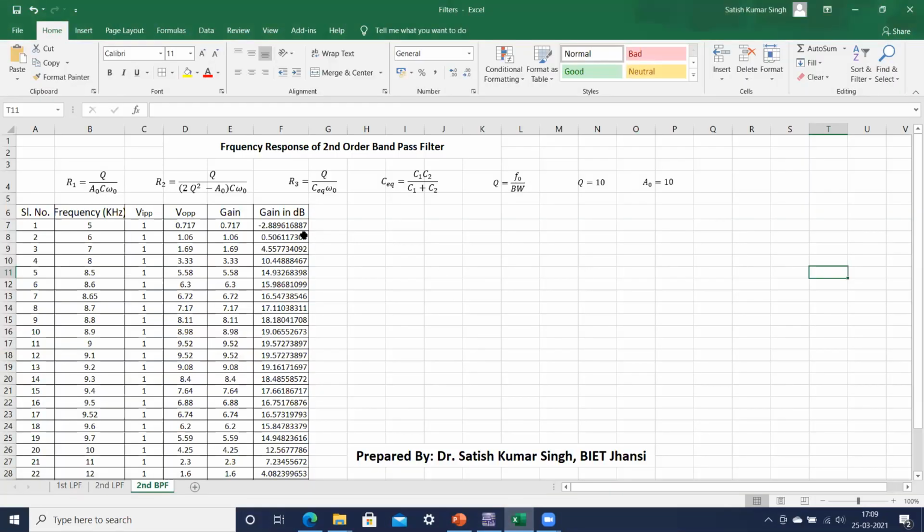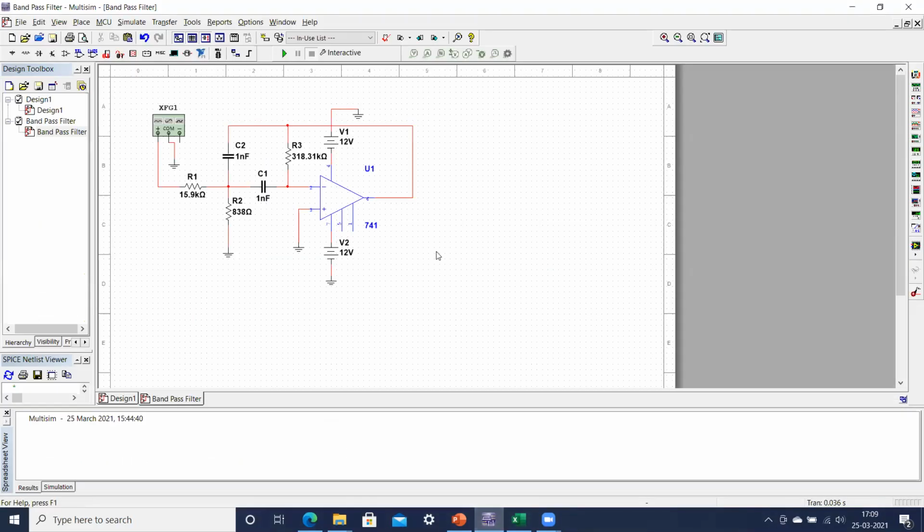Here you can see I have already designed this circuit on Multisim. This is our circuit of the second order band pass filter. I have certain resistors and capacitors in a certain combination. Here I am using the 741 op-amp, which we have already seen, as I used it for designing the low pass filter.